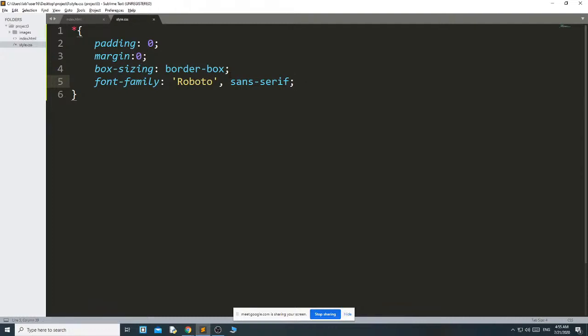Then I will do the style for the icons. Here I am simply writing dot icon bar.